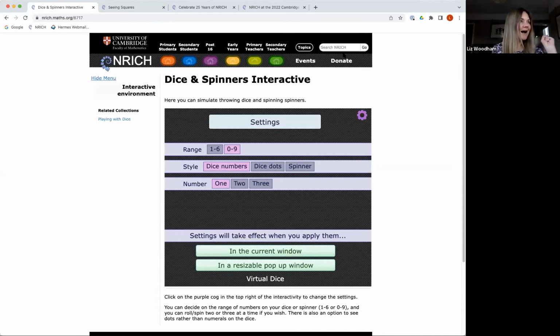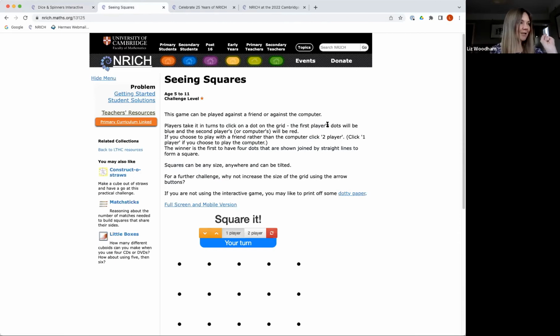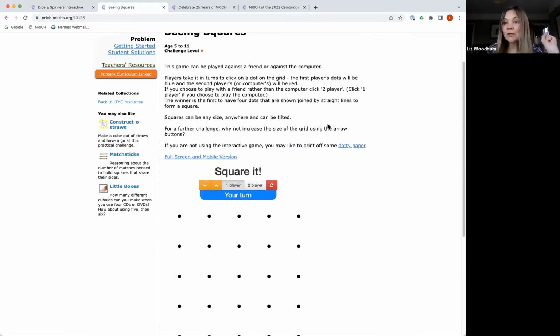Yes. Let's have a little go. The next activity we'd like to share with you is this one here, which is called Seeing Squares. This is